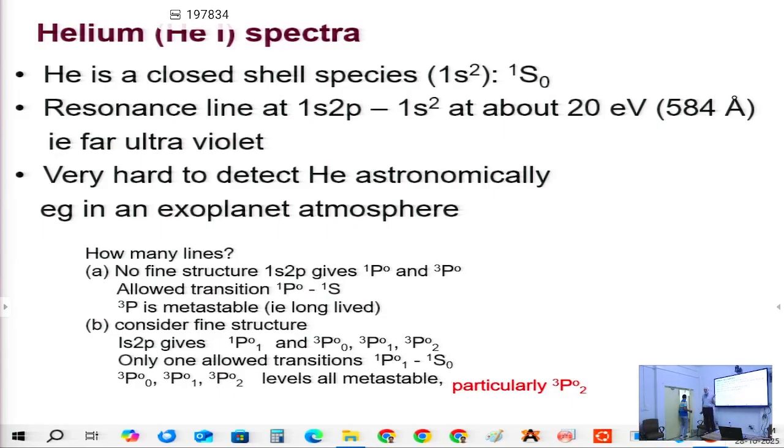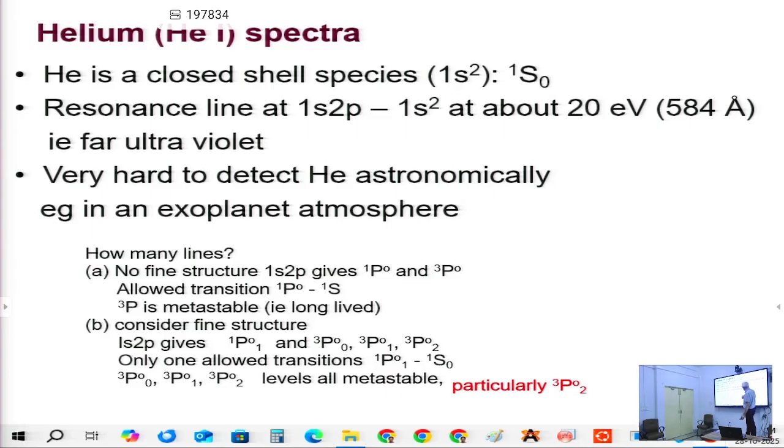You get that from it being a triplet. It's the same thing. This is a fine structure. The triplet is a reflection of the electron spin. You get 3 components. So again, there's only one allowed transition, which is this one, and this is still obeying the selection rules because J 0 to 1 is allowed transition. These ones are metastable. And going back to the question I got asked just before the break,